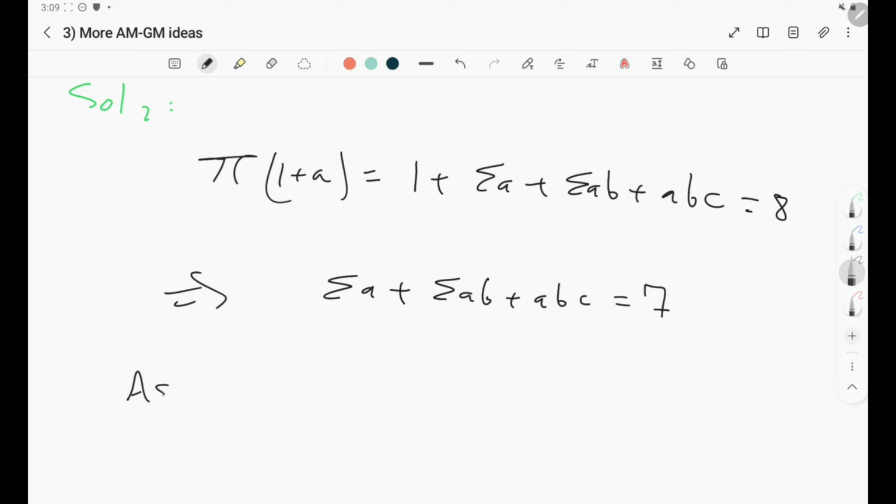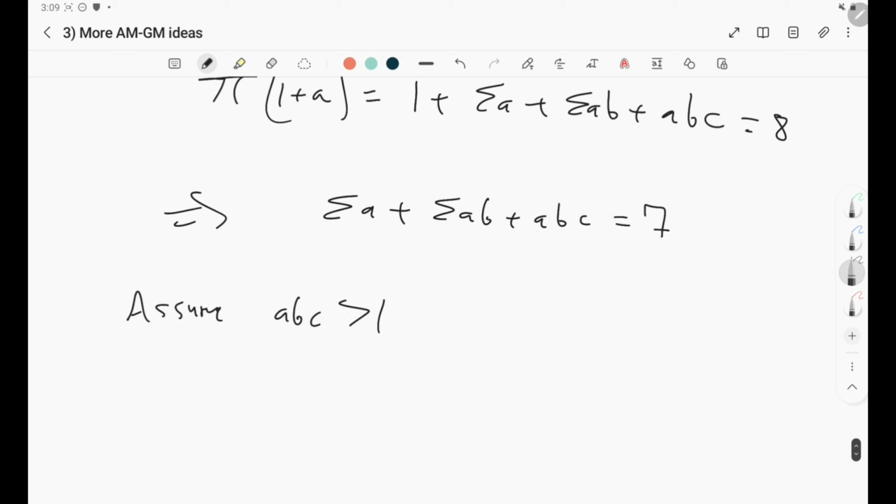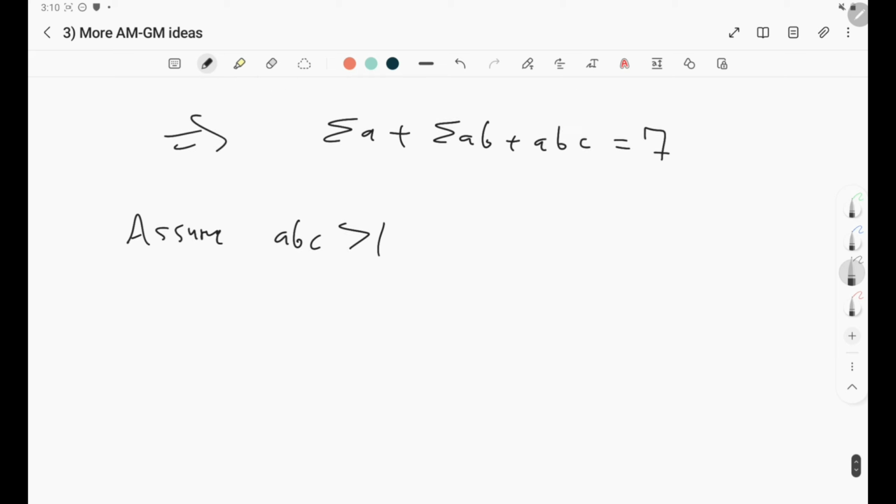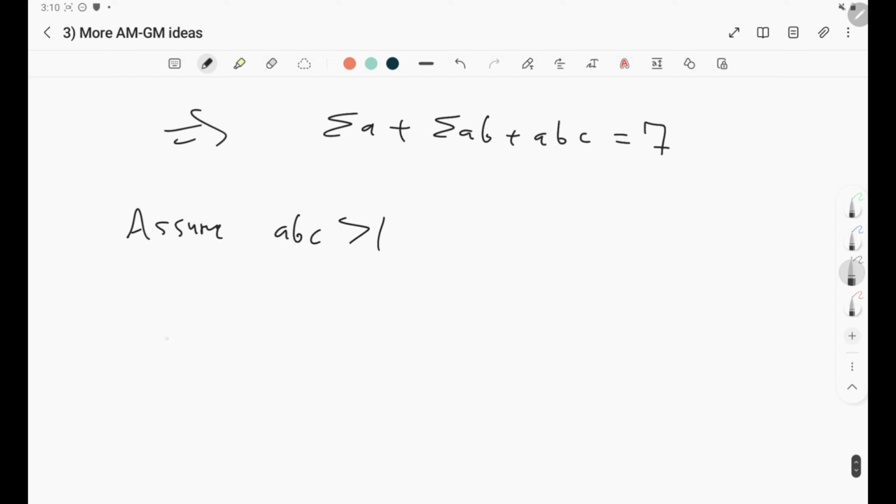So assume ABC is greater than 1. Then this thing is greater than 1, right? Okay, what about this and this? Remember that the AM-GM tells you that ABC is the smallest thing ever. So that means sigma A is greater than that, sigma AB is greater than that. So if we just apply the AM-GM, we know that